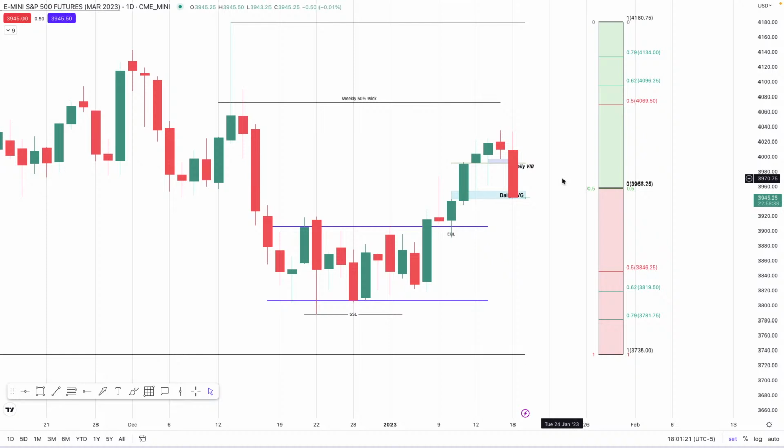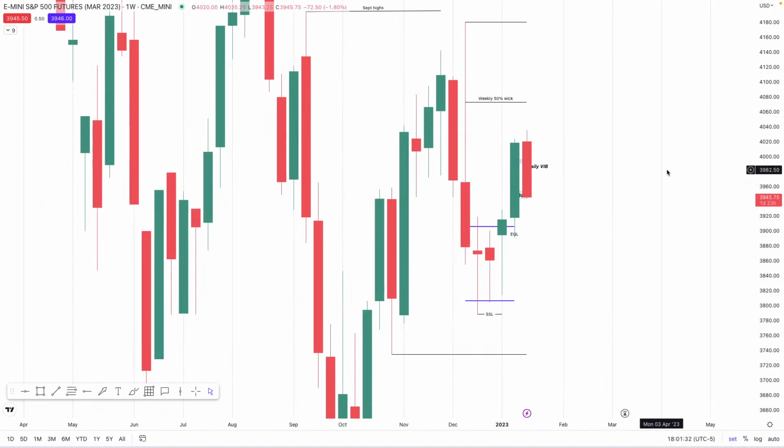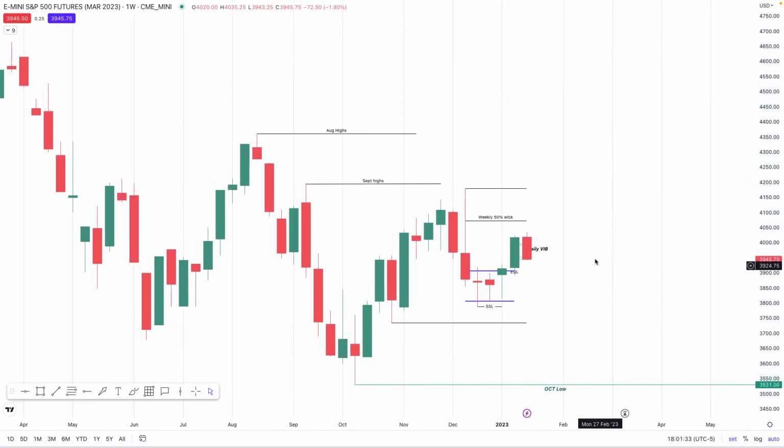For the higher time frame analysis, what I like to do is start off with the weekly chart. Go to the weekly, and it's obviously slower moving, so I don't need to check it as often. But